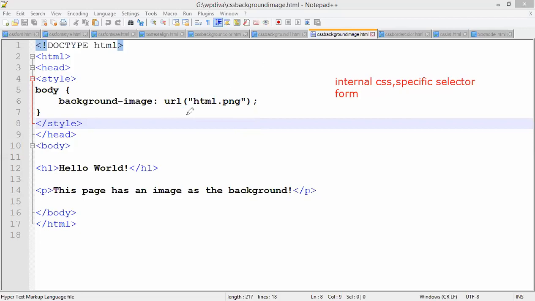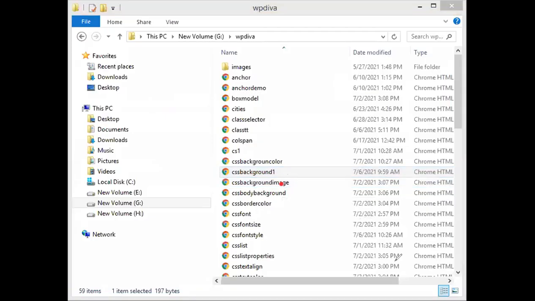Okay, so when I want to add this background image, here you just take html.png. After that, what will happen when you call a body tag? All those properties will get applied to this internal body. Okay. Now let me run the code for you. The name of my file is background image. Once you run that file,